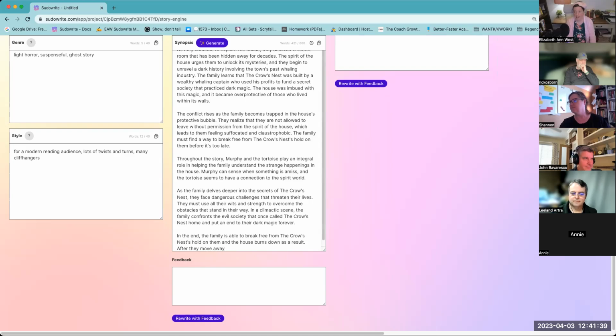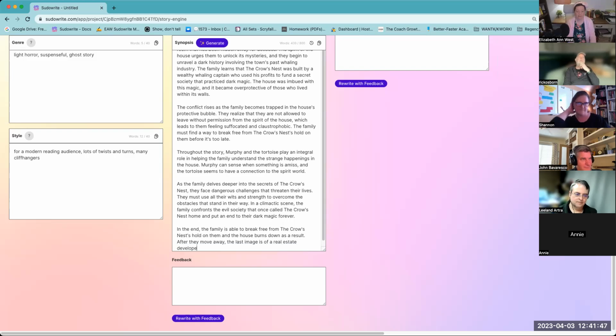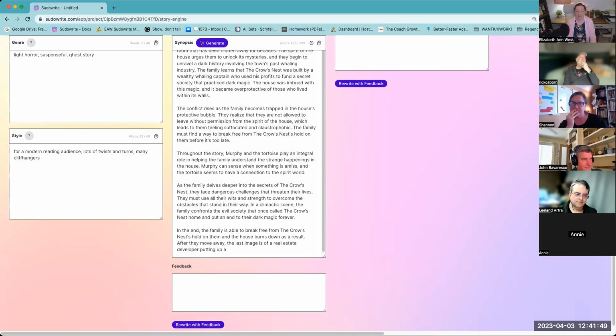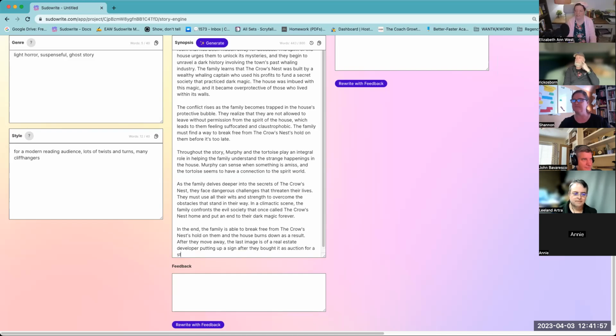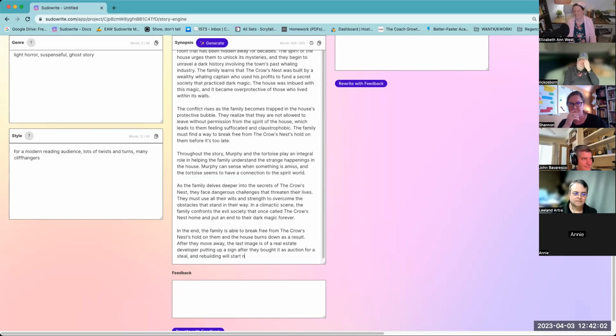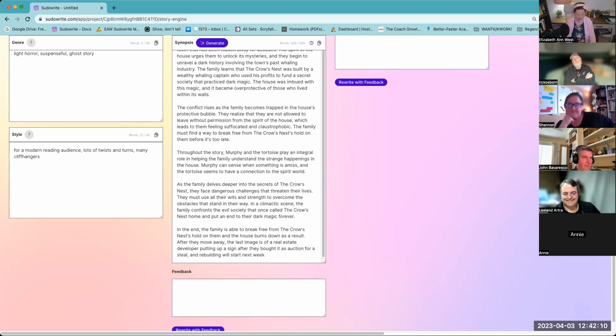After they move away, the last image is of a real estate developer putting up a sign after they bought it at auction for a steal, and rebuilding will start next week. How's that? Is that good and ominous? And yeah, perfect. Oh, because we have to be accurate for towns, now rezoned